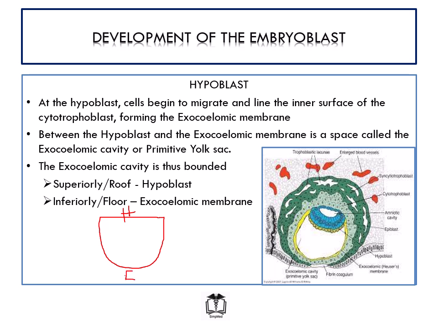This layer is in direct contact with the cytotrophoblast, as you can see. If you notice from that yellowish set of cells here, you have cells that migrate out and line the inner aspect of the cytotrophoblast. So we say that the exocoelomic membrane tends to line the inner aspect of the cytotrophoblast, and in between the